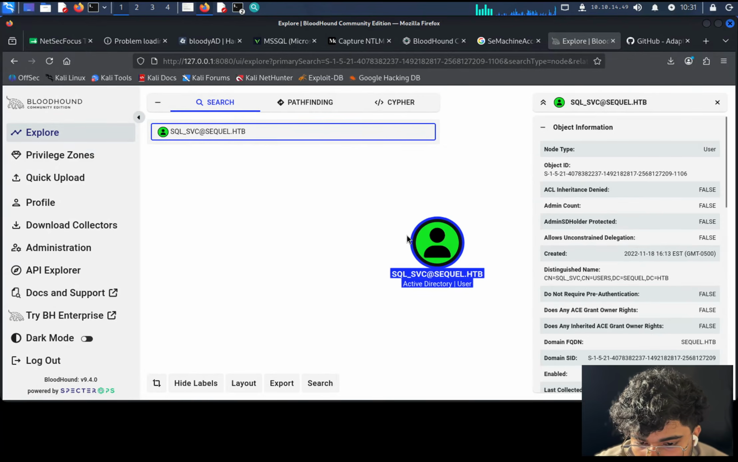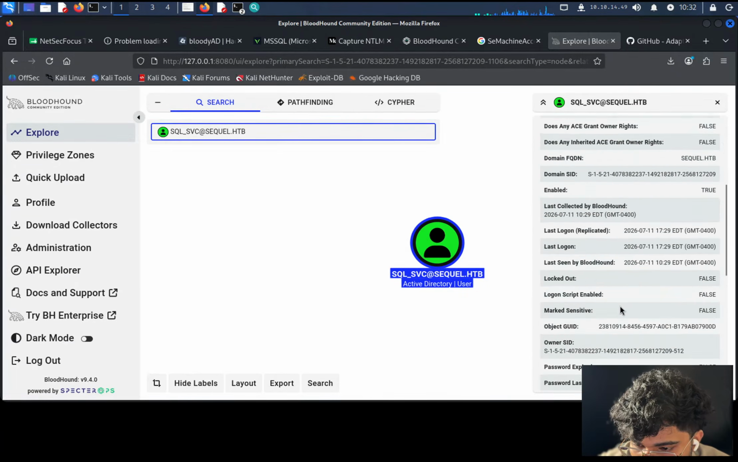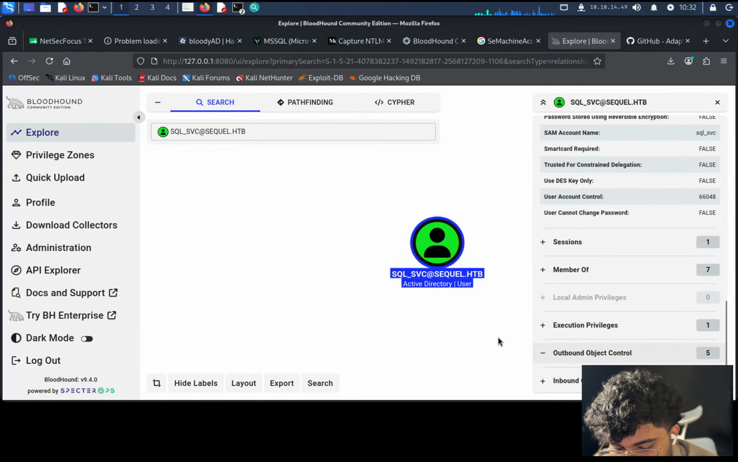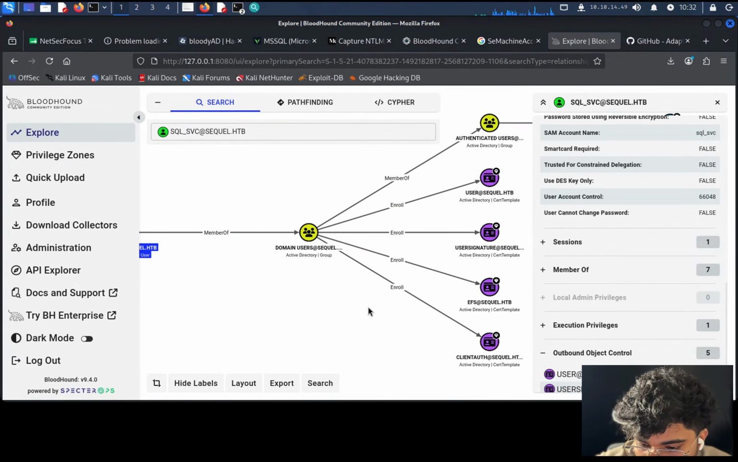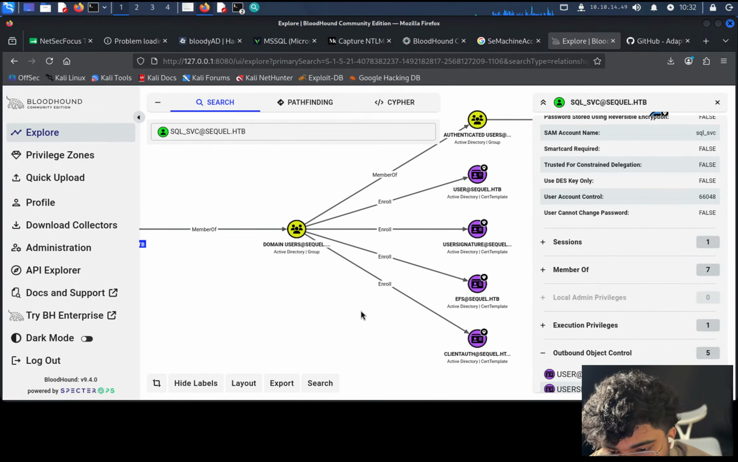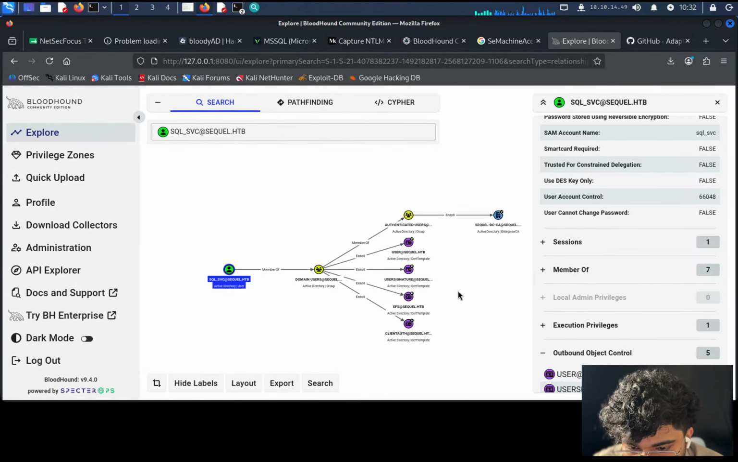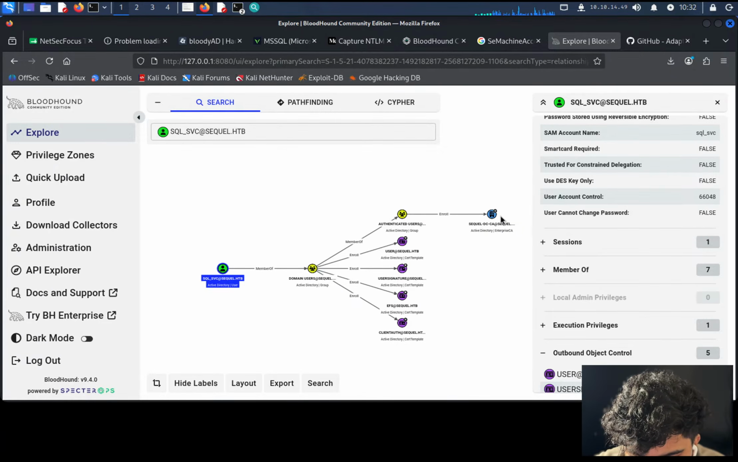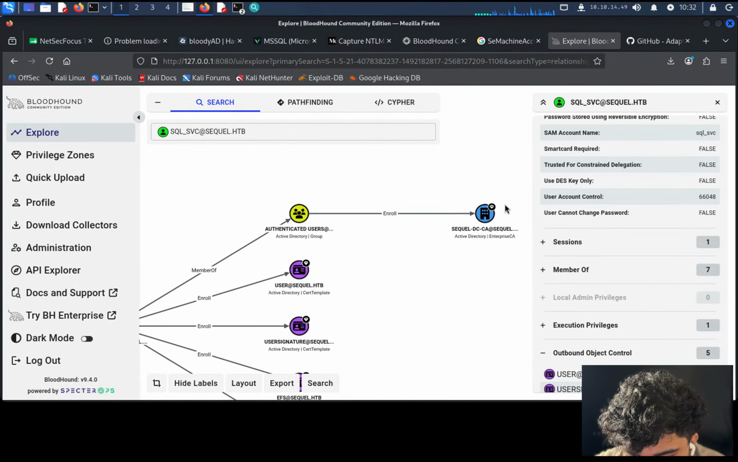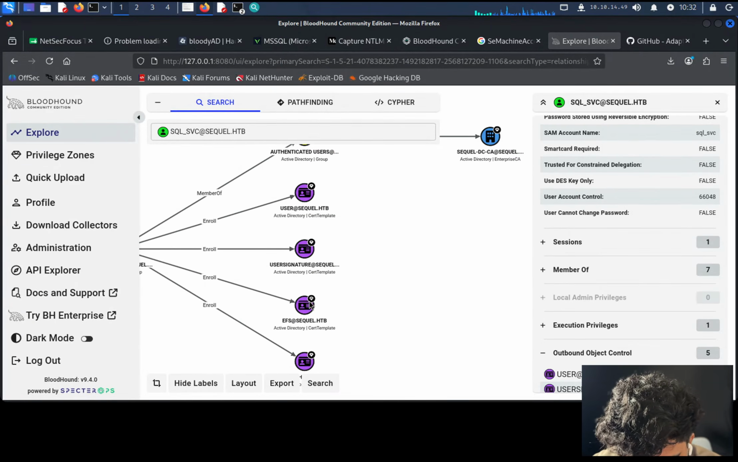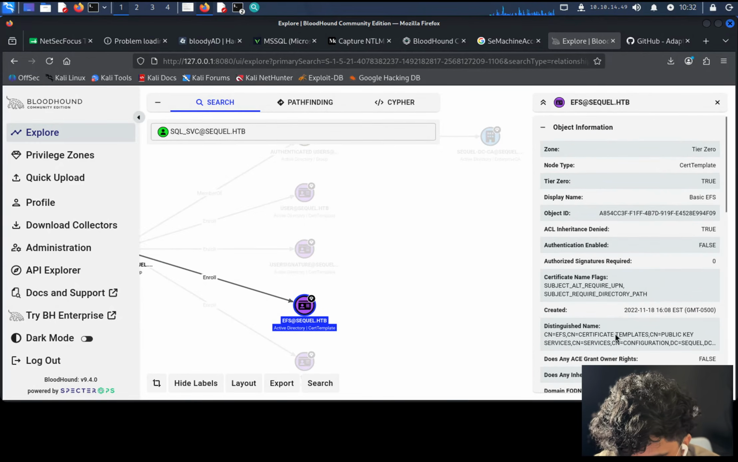I might have confused a bit. Let me just scroll down. Yeah, let's see this again. So this is our outbound control. We can potentially modify or take over any of these templates, and we can do something suspiciously good with it. What we can do, I don't know, but